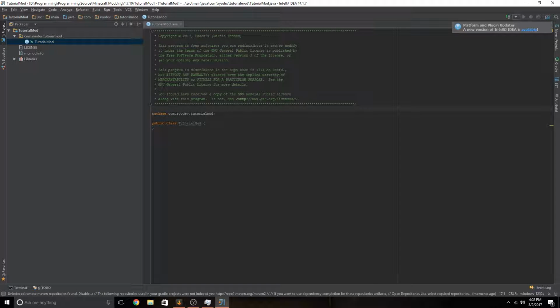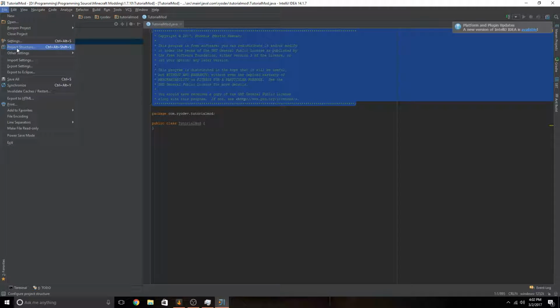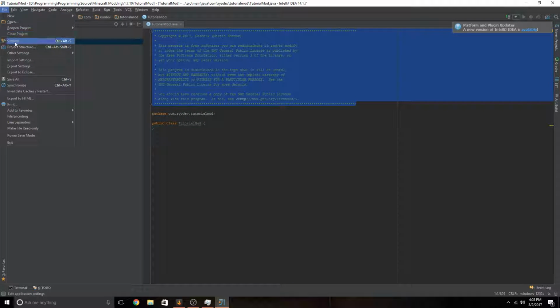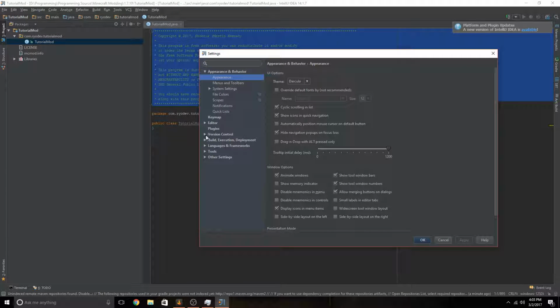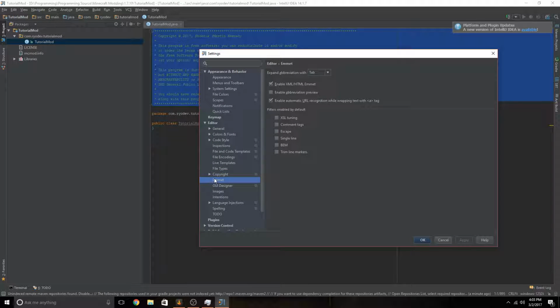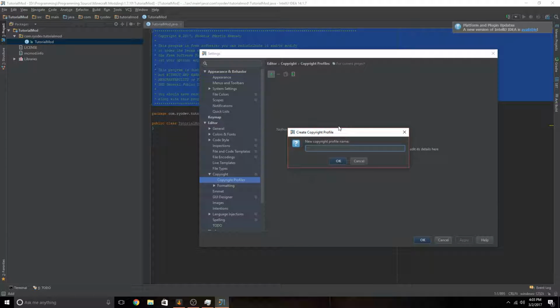The reason I copied that was because we do have to set this up again. Every time you create a new mod, you do have to enable this. So settings, go down to editor, copyright. There is no copyright. You have to make this every time you make a new one. So add